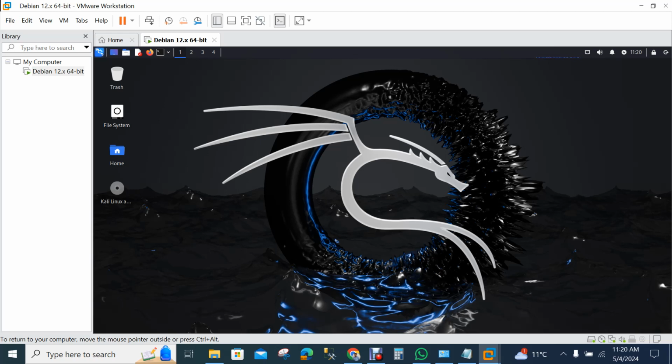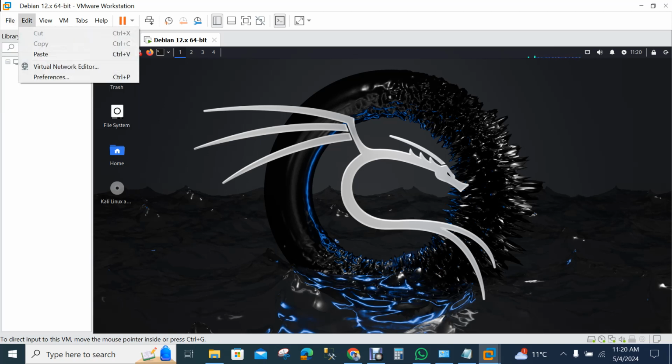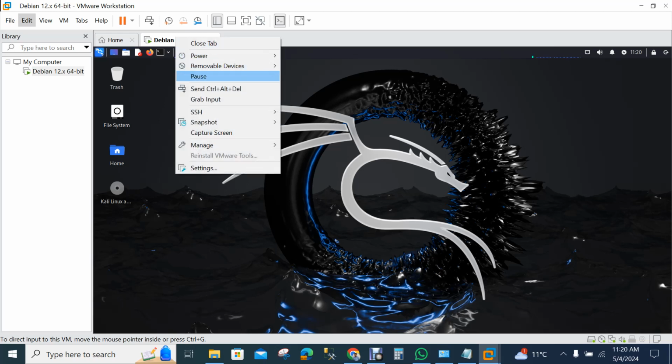We can use snapshots. What is a snapshot? If I show you from here, if I click anywhere on my virtual machine, it will come out. So here is the snapshot. Why do we need to take a snapshot?